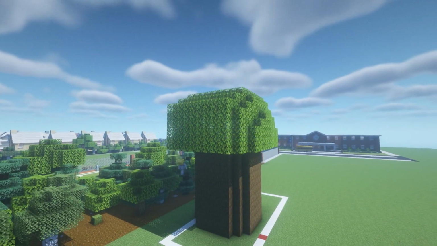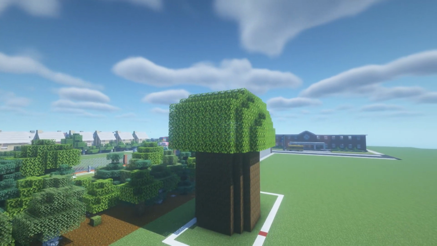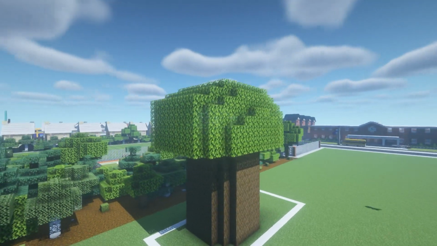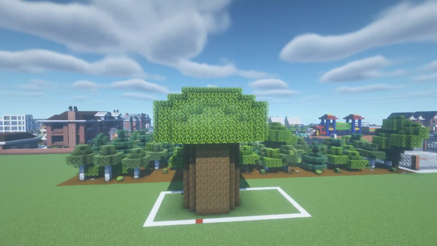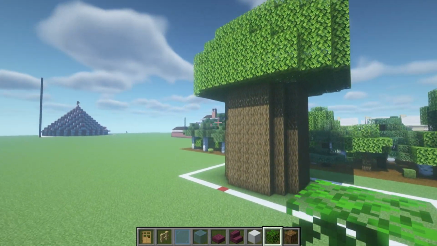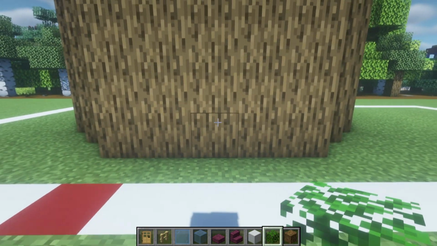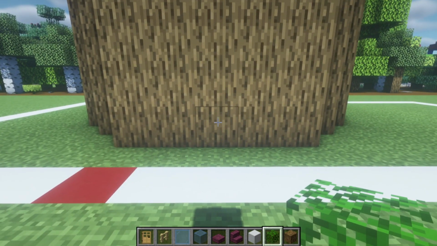You don't have to fill the center of the leaves in, but you could if you wanted to make the leaves a little bit more of a solid color, but it looks fine either way. Next, we will add some windows to our tree. So, on the front of our tree, we want to come all the way down to the bottom middle, move